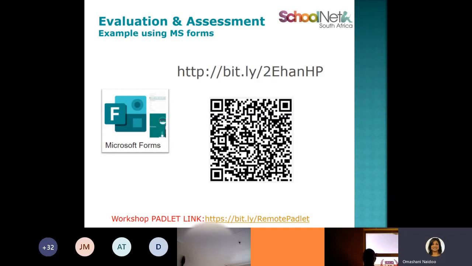It showcases how you can set up multiple choice questions with pre-populated answers. And then at the end of that quiz, you get a record of each of your children having completed it, who's got what right, and you're checking whether the child has really understood that content pocket you were teaching. So if you can just capture that link very quickly and go through it, you'll be able to see, and I'll show you on the screen now